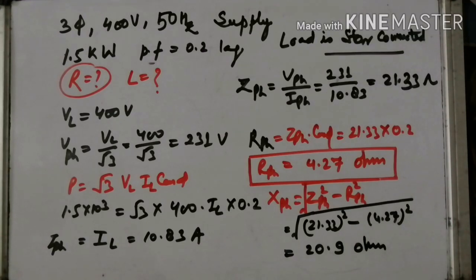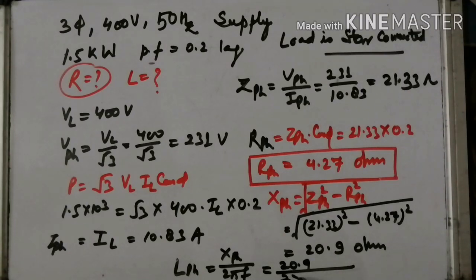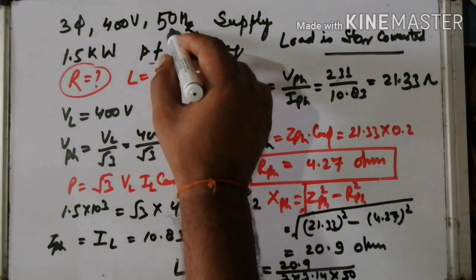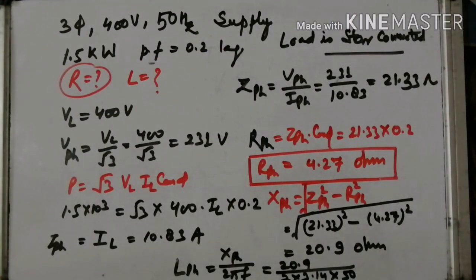Right? Now LPH is nothing but XPH divided by 2 pi f. Okay, it is 20.9 divided by 2 into 3.14 into 50 hertz, which is given over here, right? And it is 0.0665 Henry,